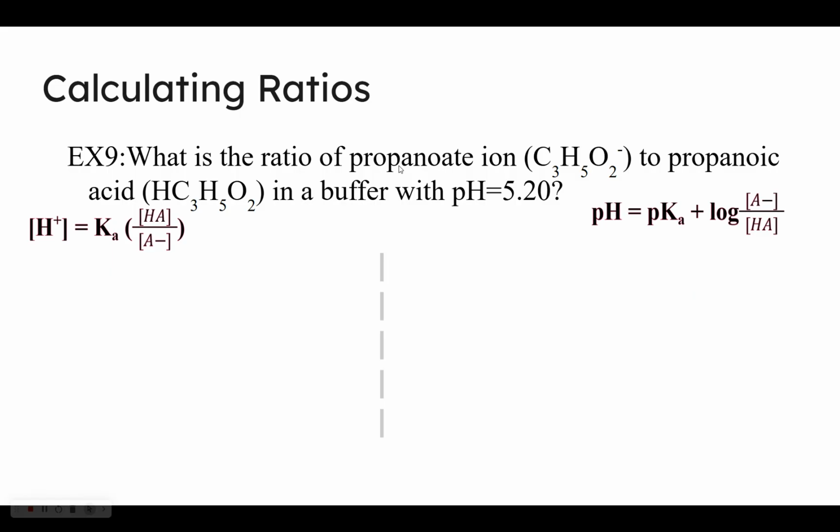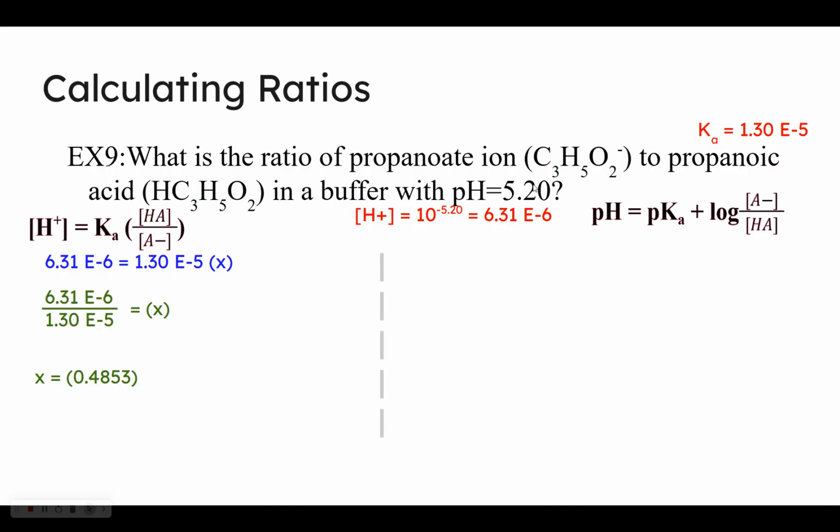So example number 9, I've got my 2 different methods set up here. I'm just going to work them on the same slide this time. Once again, I'm going to need to start by finding the Ka value that goes with this propanoic acid. And for this first method, I am going to have to find my H+ concentration by doing 10 to the negative 5.20, taking 10 to the negative of my target pH here for my buffer system. And then if I plug those 2 numbers in together to that H+ equation, H+ is equal to Ka times my ratio, which is my X here. Divide in order to find X, and then that gets me that my acid to conjugate base ratio will be